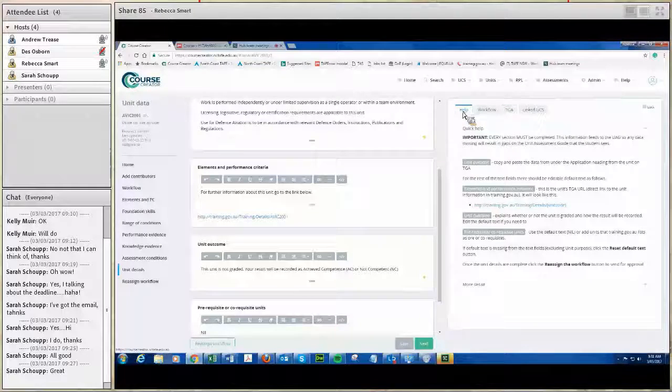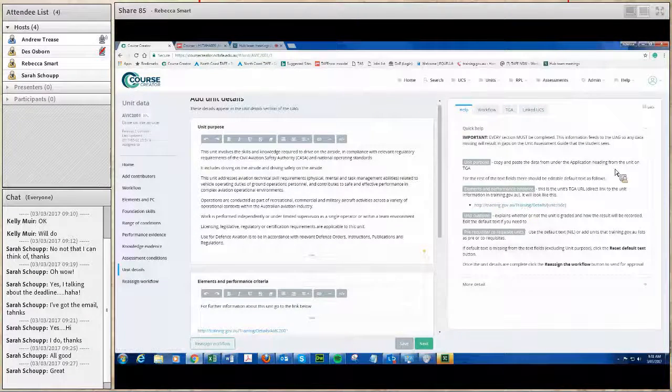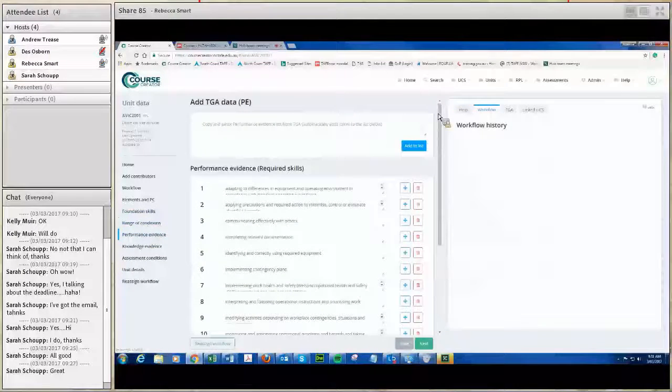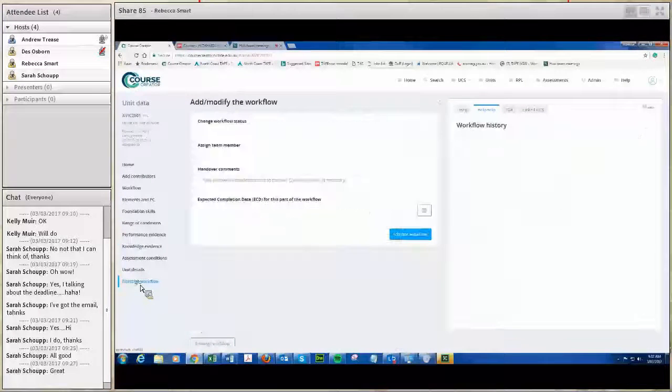There is a help tab, which I probably should have shown you at the start, but that's really good as well. It's got a lot of information about how to add the elements, how to add the performance evidence. If I go back to performance evidence, there's performance evidence information to click here. I think that's all I can show you. Sorry, I should show you the last